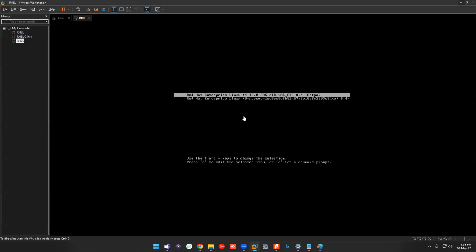Then only you will be navigating inside the VM. And if you want to come out, press Control and Alt together. And if you are on a Mac, press Command and Alt together, so that you can navigate like on a normal machine. Okay, so just press E to edit this one.